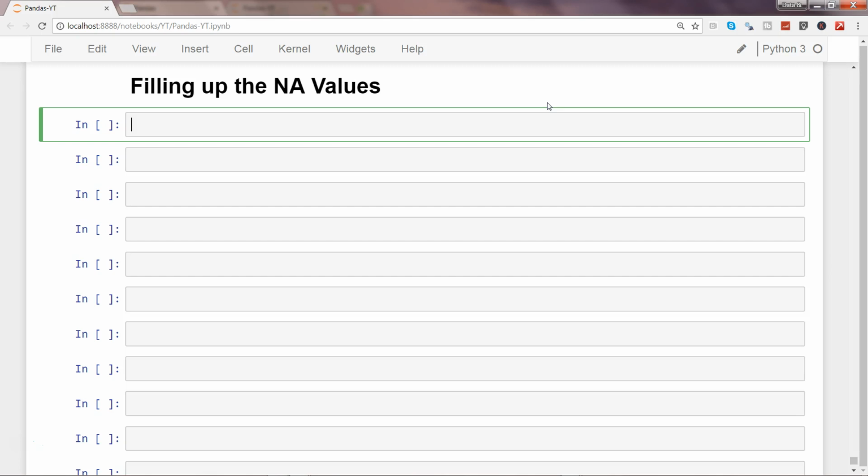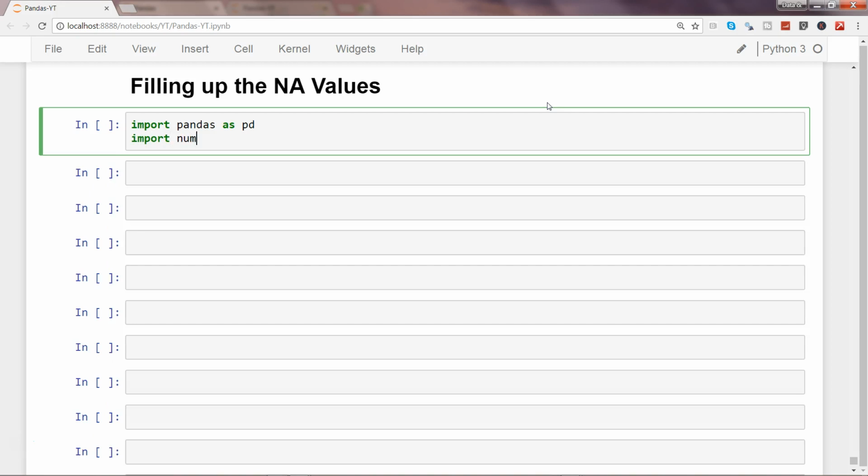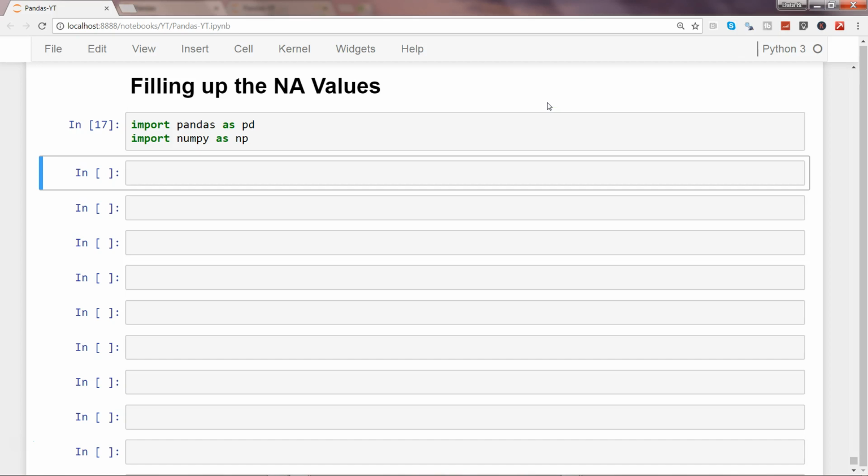null values. So first of all, let's import our libraries, which is pandas as pd, and we will import another library, which is NumPy as np, because I will create a custom series which will have NaN, or a not-a-number value, which we can create by using np.nan. So I'll execute that, and I will create the object null_values by using pd.Series, and here I can specify some dummy numbers using parentheses and then brackets,